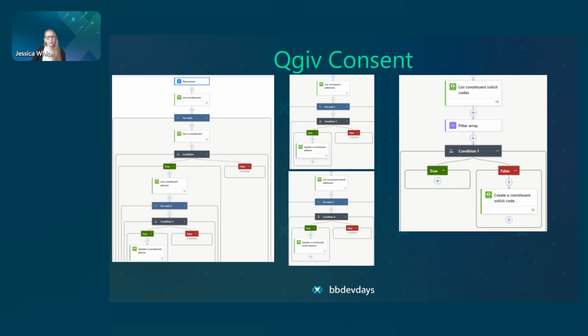So we talked to QGive. They basically said they do treat consent as all or nothing, and they didn't have a solution for us. So I ended up playing around. It took me a while to figure it out, but I ended up coming up with an automation that gets these new QGive people daily and checks if their address or phone or email was added today as a result